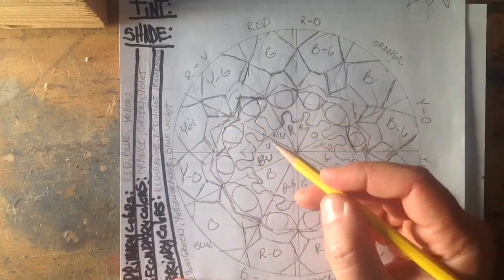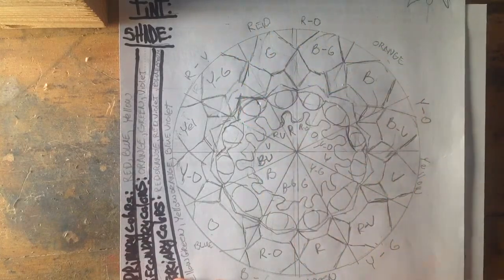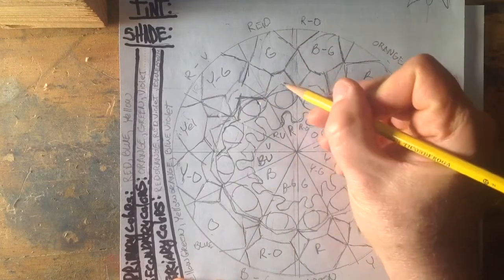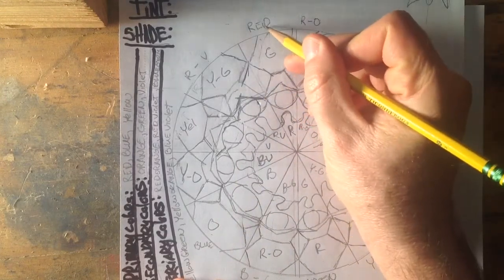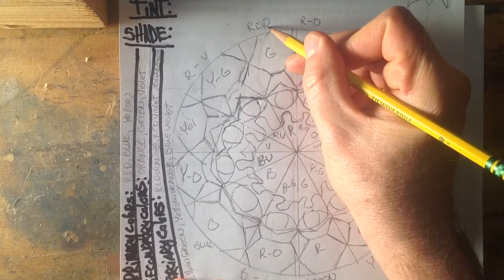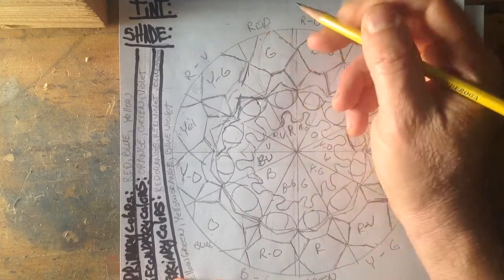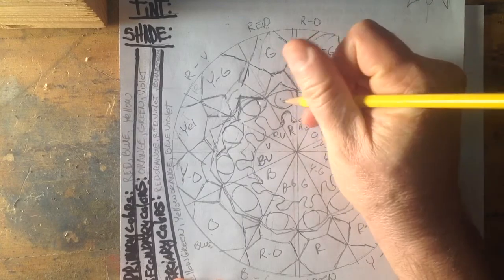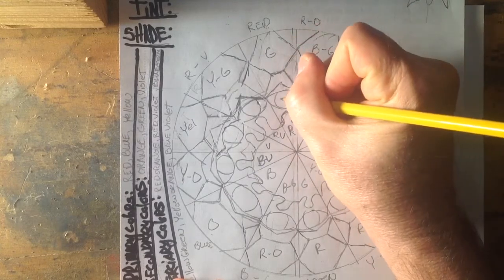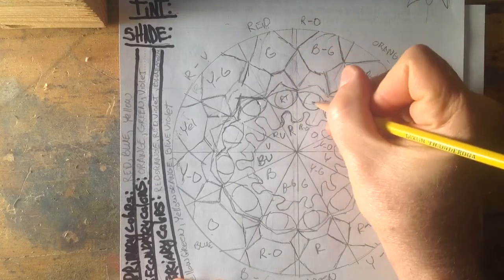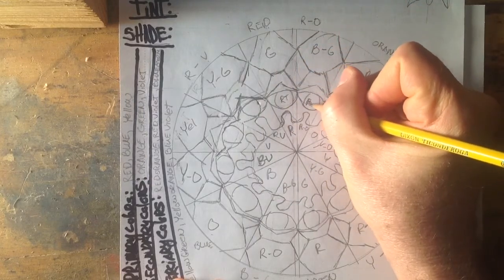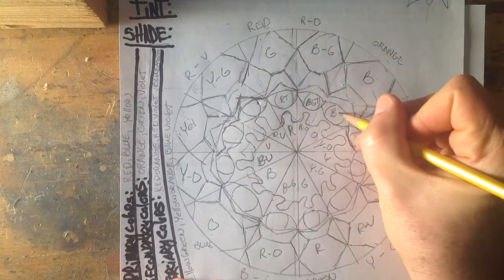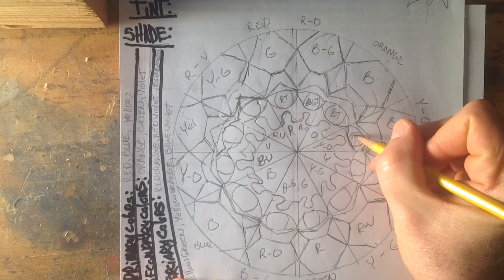Next we're going to do tints of these normal colors right here. So tints are just the normal color, which in this one would be red, with white added. So I'm just going to label my tint. I'm going to do my tint inside the eyeball, like this round part. So I'm going to go RT for red tint, BGT for blue-green tint, BT for blue tint,